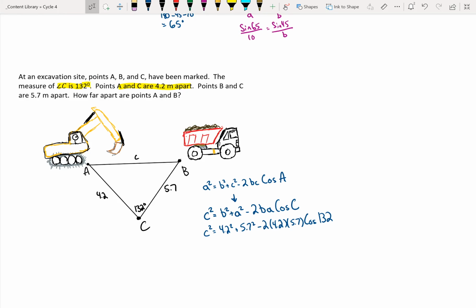So again, the biggest thing with these questions is being able to draw the triangles. Once you're able to draw the triangles,